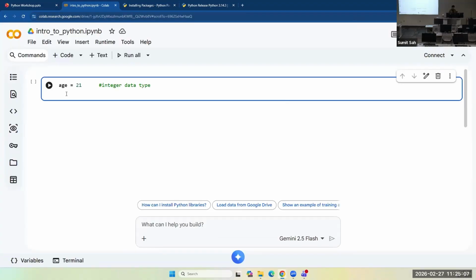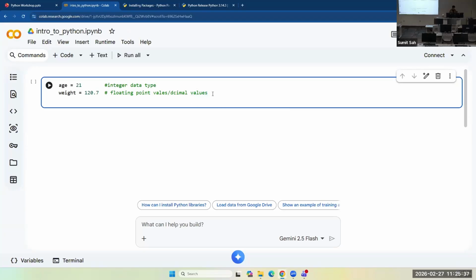And so yes, you can store integers, and there are also decimal numbers. So you could say weight, 127.7 in lbs or something, and write a comment again, floating values or decimal values. In programming, floating point is the more common term for decimal values. And similarly, you could store a string.